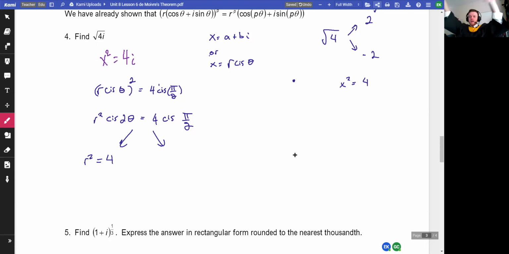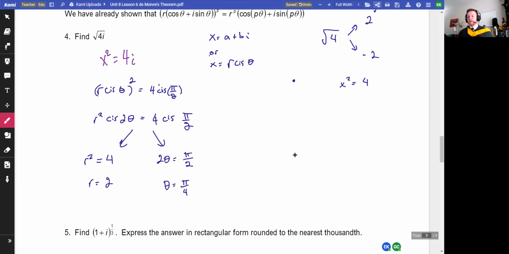Now that numbers are in this complex plane, they don't really have positive or negative because there's a new direction. We added a direction. So now we don't just go to the left, we go left and up or down. So is up negative? Is down negative? Anyways, r squared is 4. And then 2 theta is pi over 2, which means theta has got to be pi over 4, and r has got to be 2. Boom. R is equal to 2.